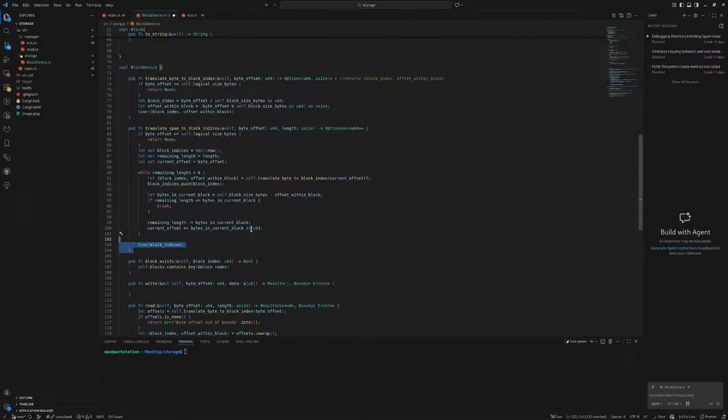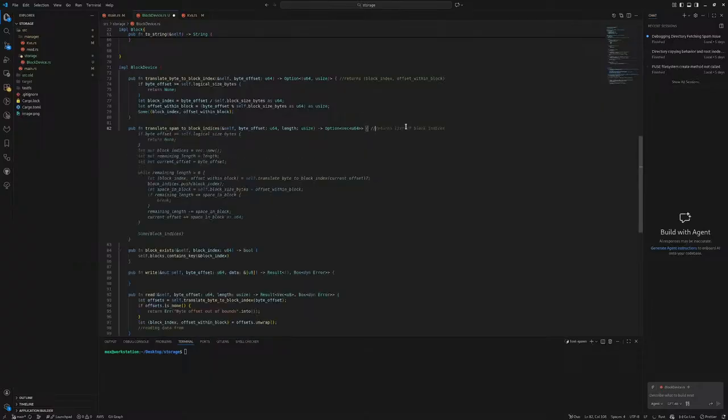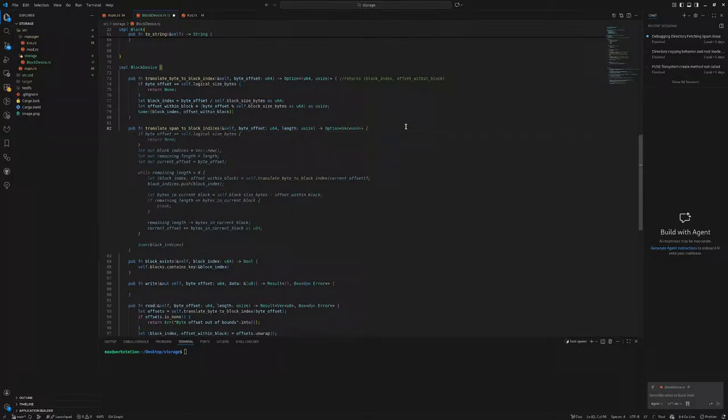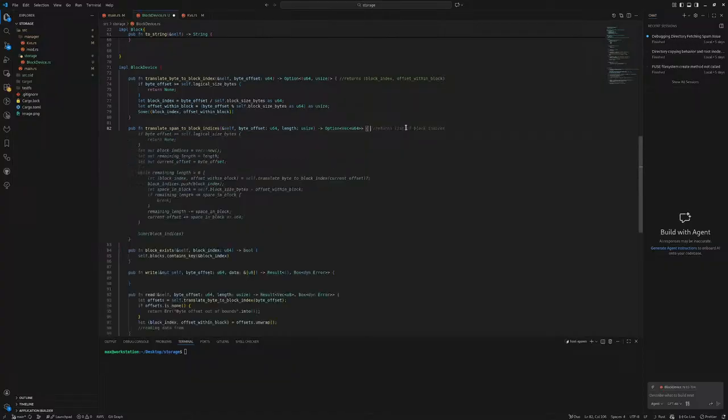Wait. So block indices. Yeah. So we are returning the block